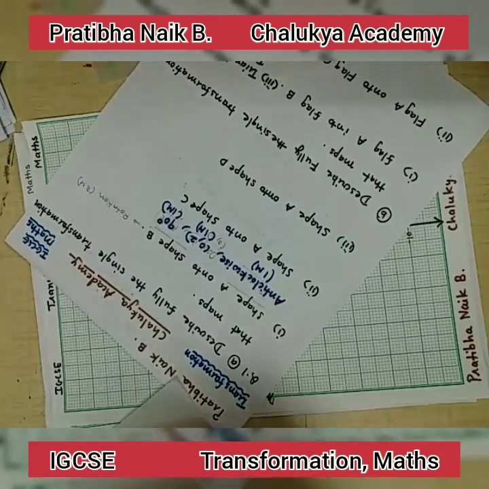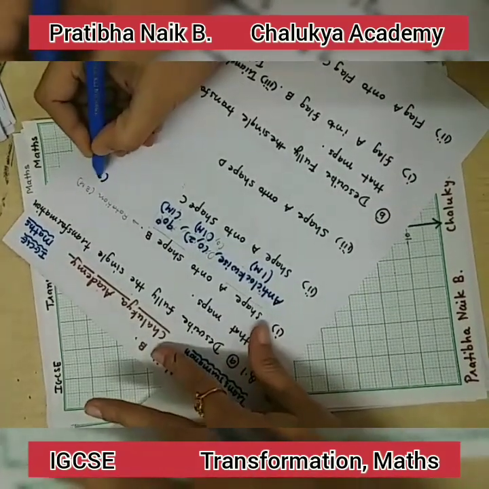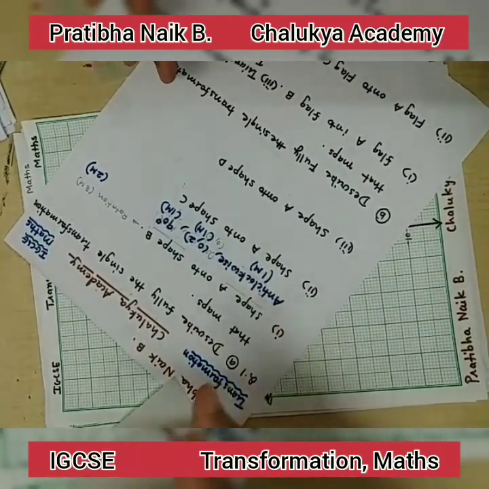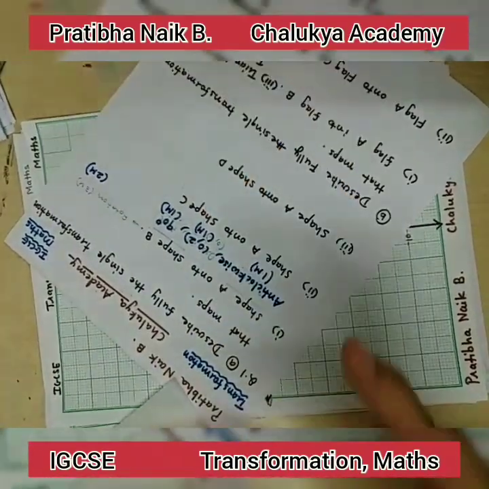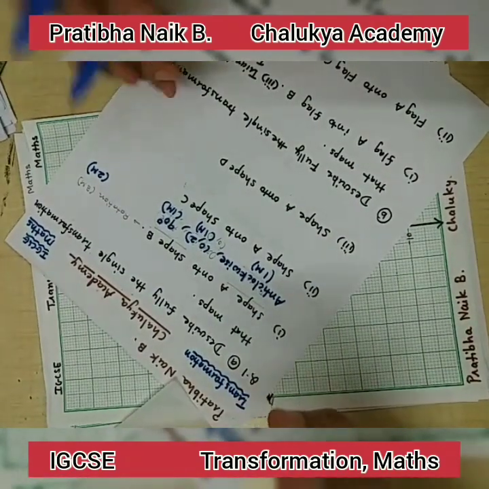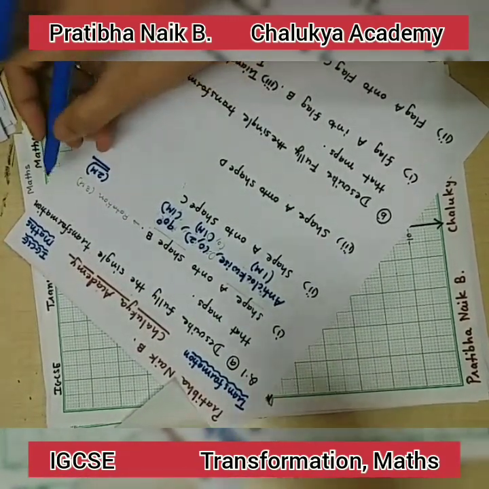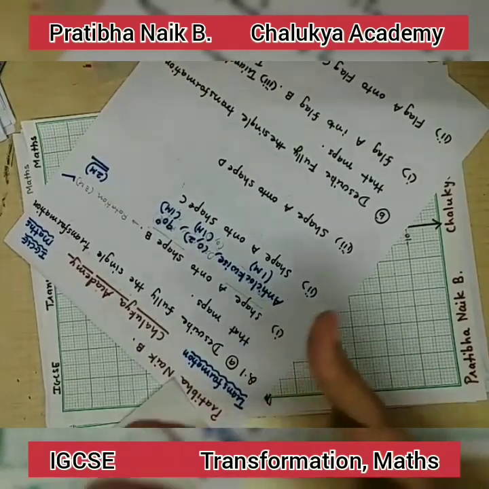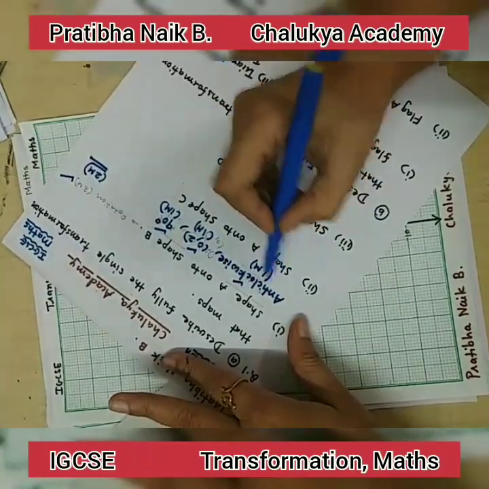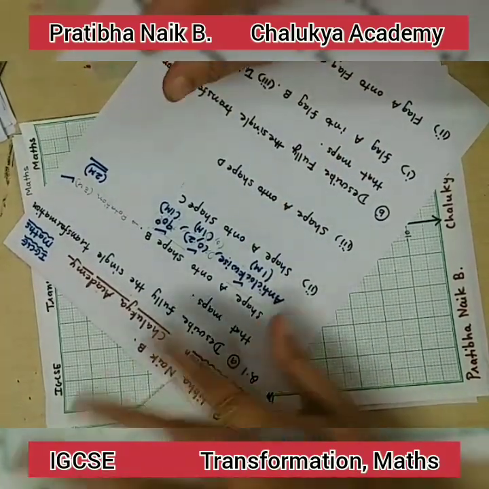Sometimes if they have given 180 degree, then they may ask for 2 marks, because whenever the angle is 180 degree, whether you rotate the given object clockwise or anti-clockwise, you will come to the same answer. So for 180 degree, it may be asked for 2 marks, and other than 180 degree, it will be asked for 3 marks, because you have to mention all these 3 points, and every point will be given 1 mark.